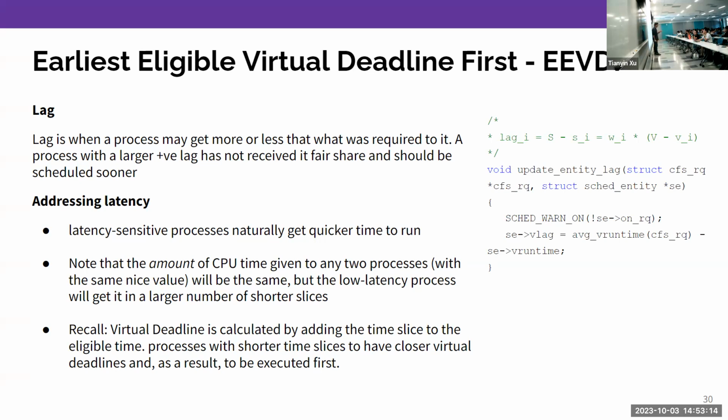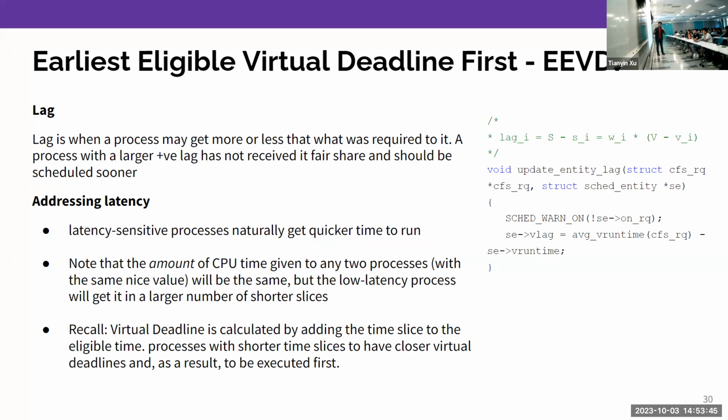is min vruntime. So folks who have been taking the 4-credit course would probably have read the scheduling bugs paper, or the decade of wasted cores paper, if you're supposed to be reading it. There's a case study on how min vruntime affects this problem, and they said that okay, min vruntime is bad, and you should just use max vruntime, right? But this also introduces average vruntime into the game,